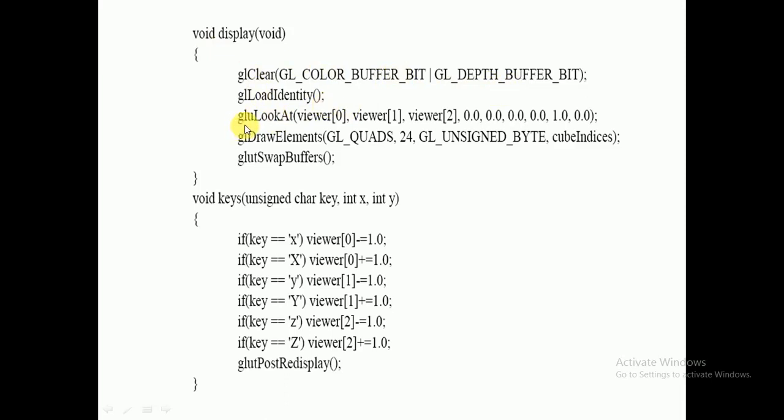Then, as I told, you have to set the look at, meaning you have to set the camera position here. What is the camera position? viewer[0], viewer[1], viewer[2] mean X, Y, Z. The camera is on the XY plane with Z plus 5. This is the viewer I have set here.